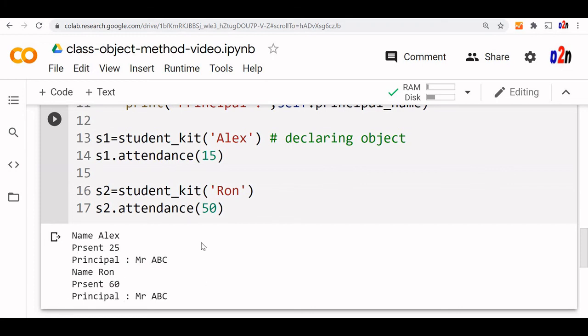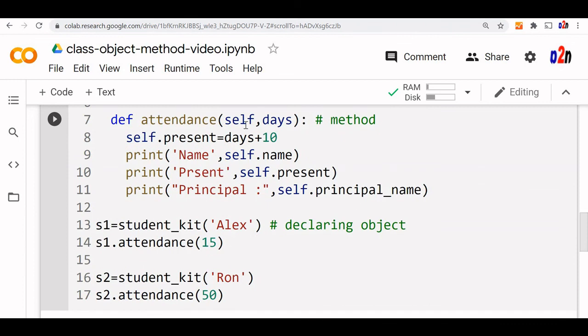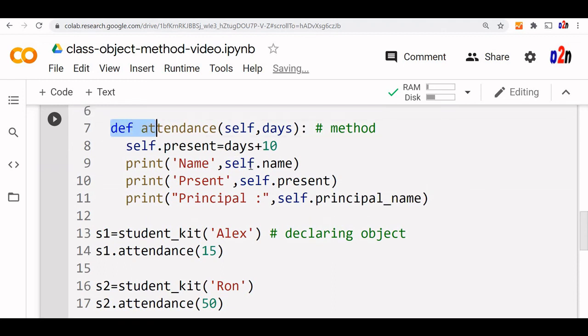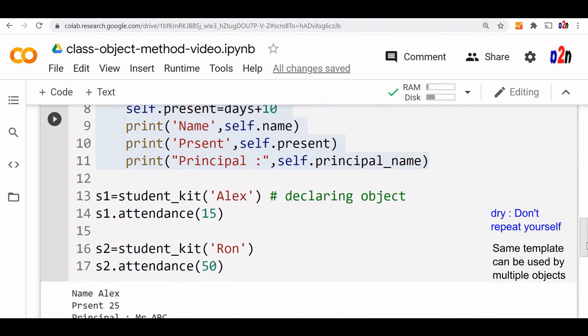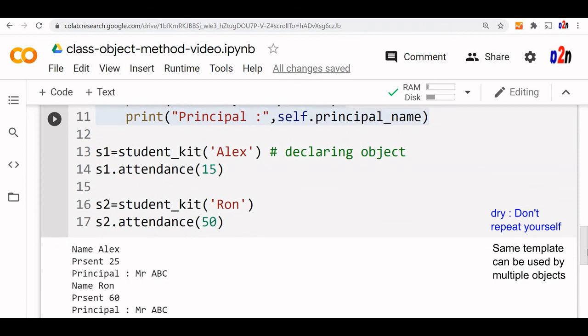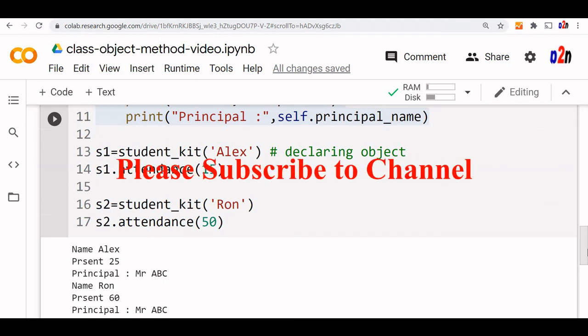ABC. This is how every object can use the template and get the same kind of result by passing its own data. The self here is the object itself as the input. Along with the parameters we have passed, we have used the same template, and you can create hundreds of objects and use that particular template to produce the data. For simplicity we have written very simple code here, but in practice you will have very complex methods to work with, and you can create the objects, pass on the data and get your output.